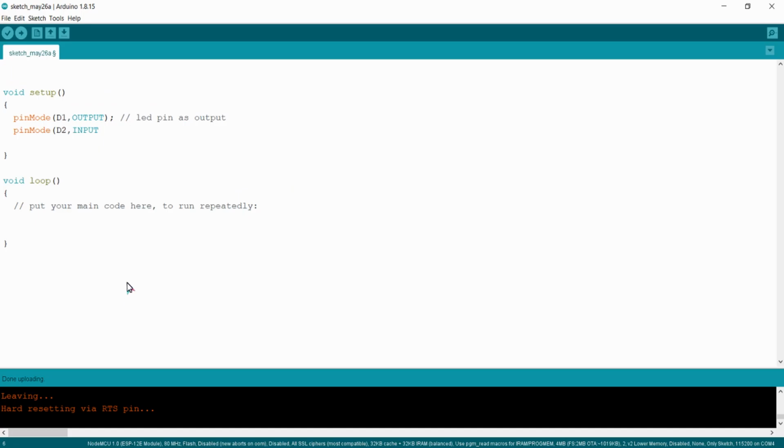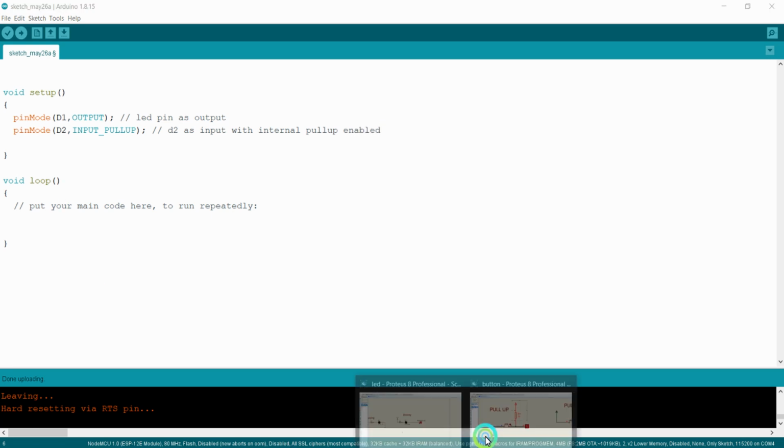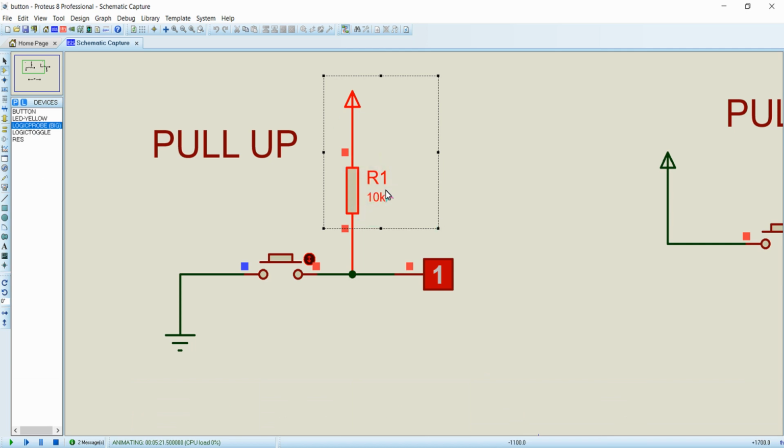That can be done by writing INPUT_PULLUP. So this statement will configure D2 as input with internal pull-up enabled. So we need not connect this pull-up resistor in the hardware on our breadboard for demonstrating.